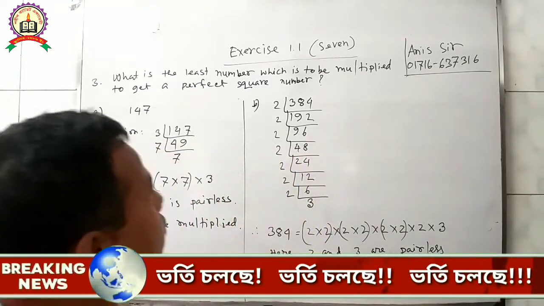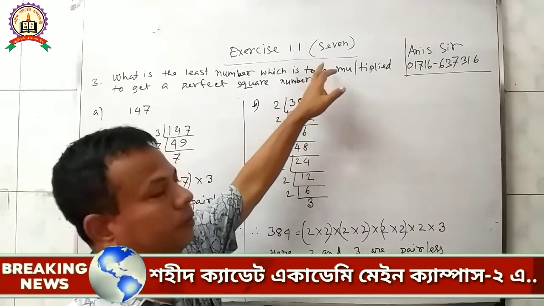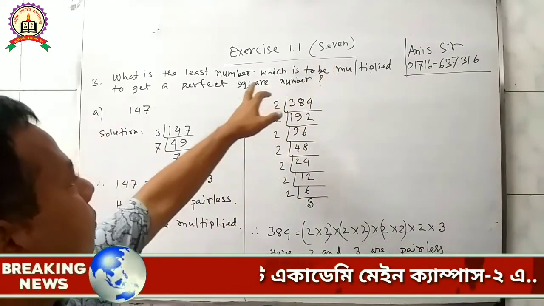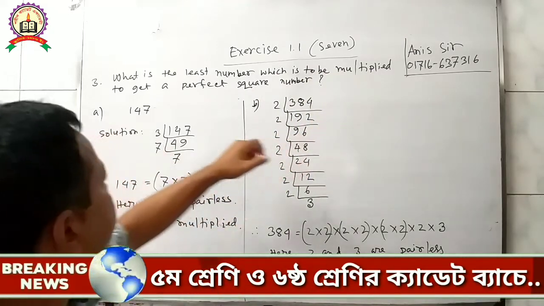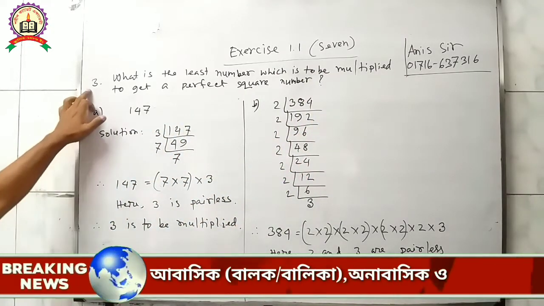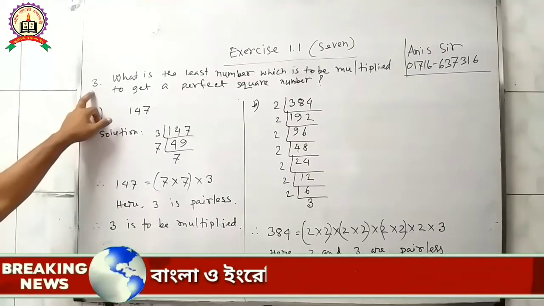And today's online class will be exercise 1.1 from the math book of class 7, and today question number 3 will be solved, and it is,